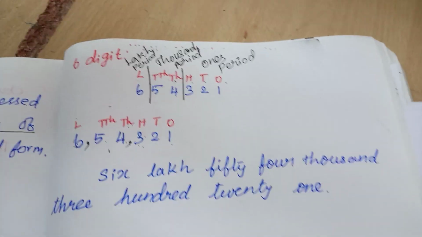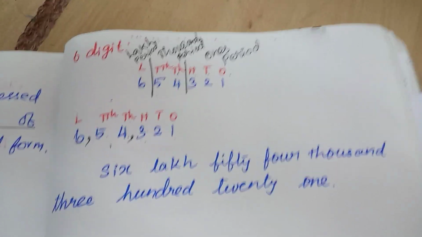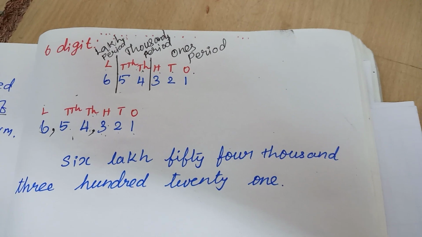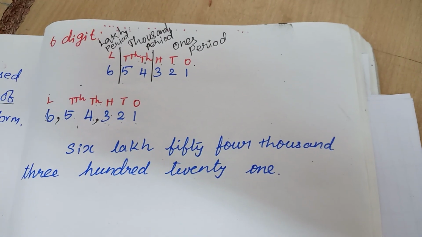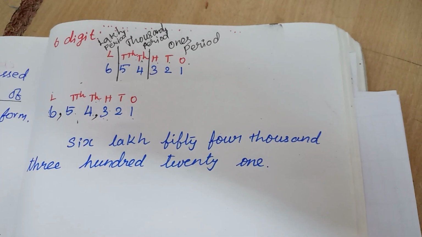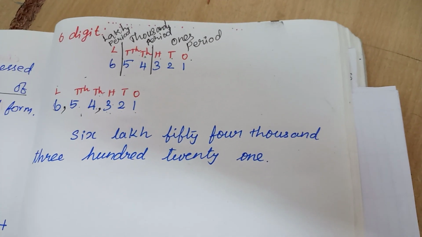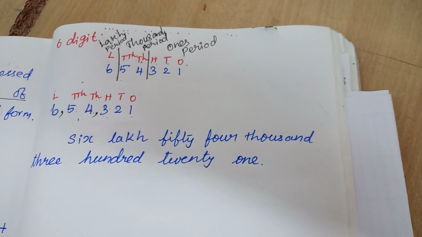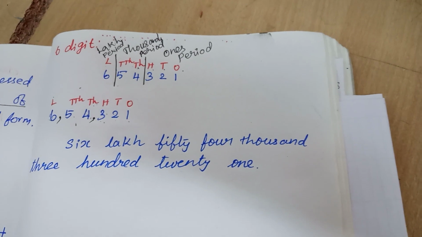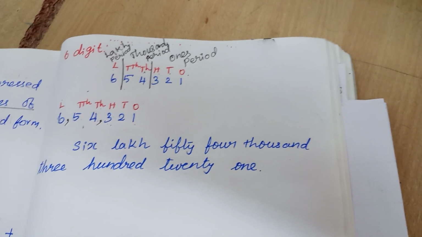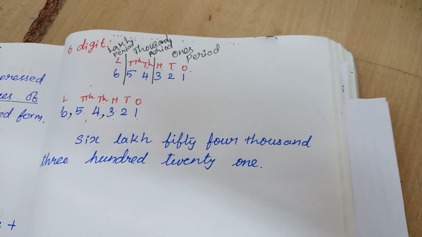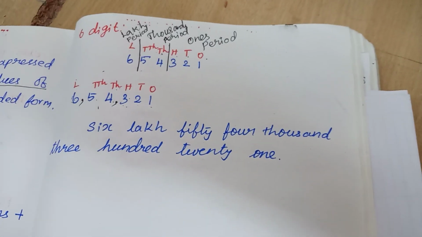Now we have discussed the face value and place value. The second topic is the expanded form. The third topic is the place value chart for 5-digit and 6-digit numbers. So now we have completed the sections. Next we will see the place value chart for 7-digit numbers and how to represent 5-digit and 6-digit numbers on an abacus. The third topic is how to represent a 7-digit number on an abacus.